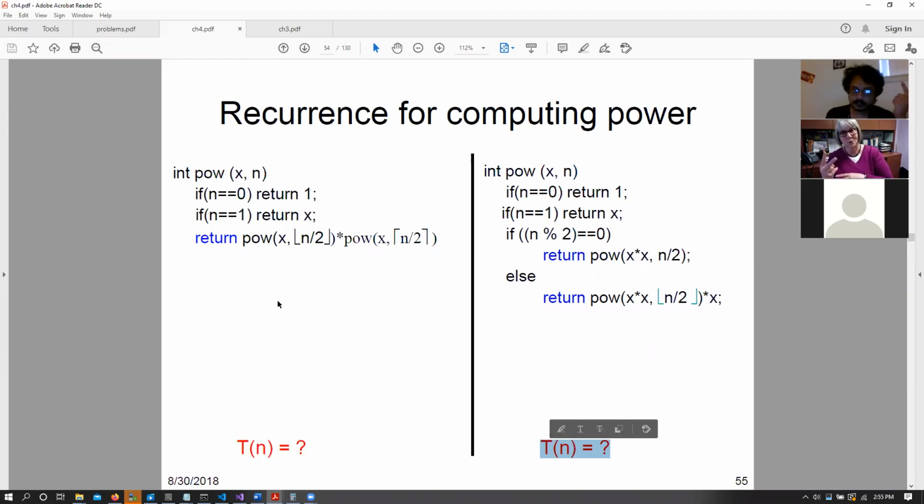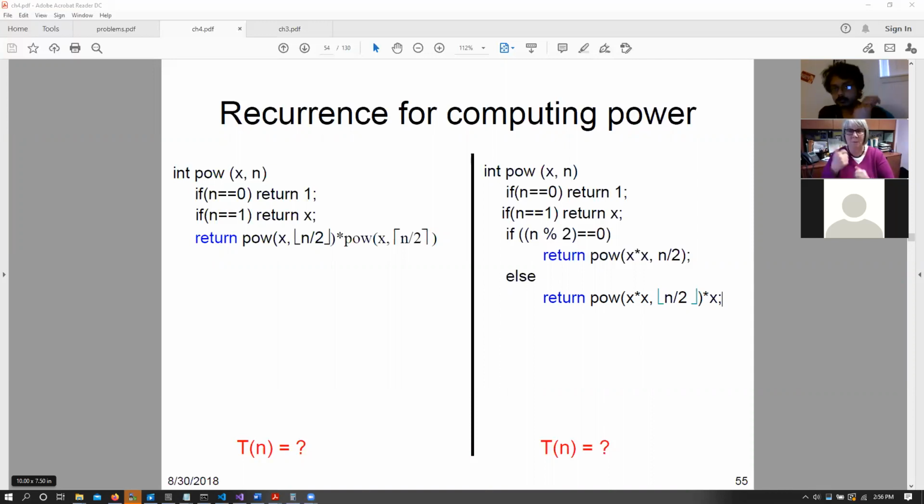Note that the first function calls the function twice and the second function has an if condition that either calls this function or calls this function. So what would be the recurrence relation of these two functions? Would this be the same, or if they are different, what are they? So I want you guys to type out the recurrence relations of function number 1 and function number 2. Analyze this code and tell me what is the recurrence relation for these things.